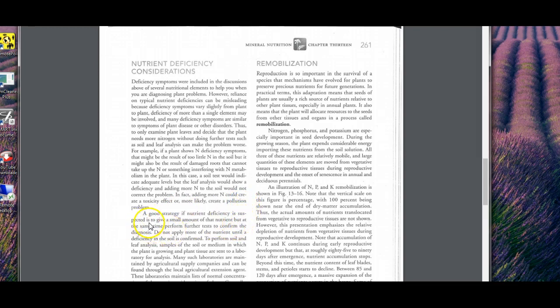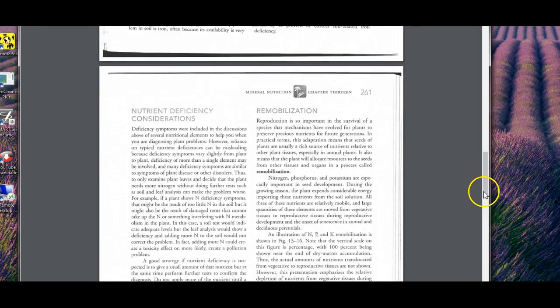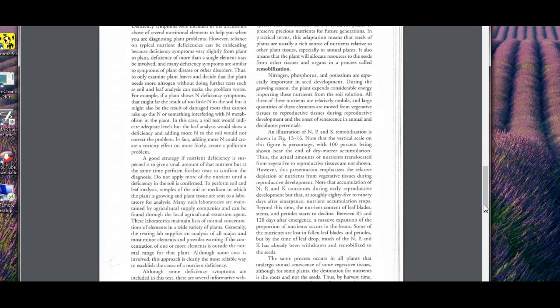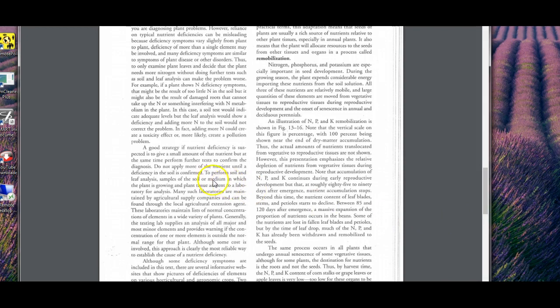So what you should look at is giving a small amount of the nutrient if you suspect a deficiency, but at the same time you're doing that, just to keep the plant going, perform those tests so that we keep everything moving forward. So don't apply more of the nutrient until a deficiency in the soil is confirmed, and